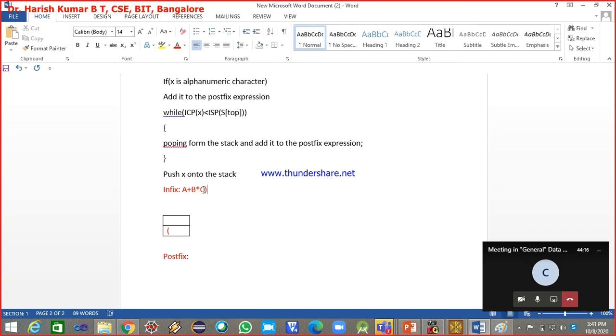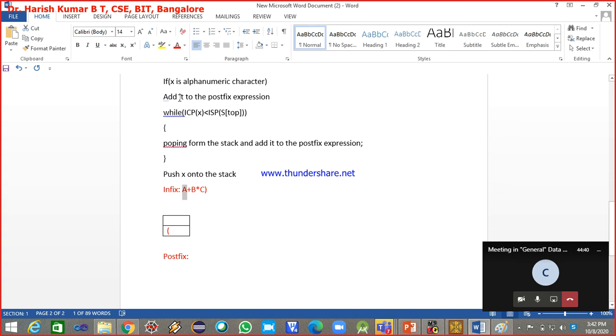Okay. Now you start scanning this infix expression from left to right. The first token I have encountered is A, correct? This A gets assigned to X, and if X is an alphanumeric character, is that true or false? It is true. A is an alphabet.